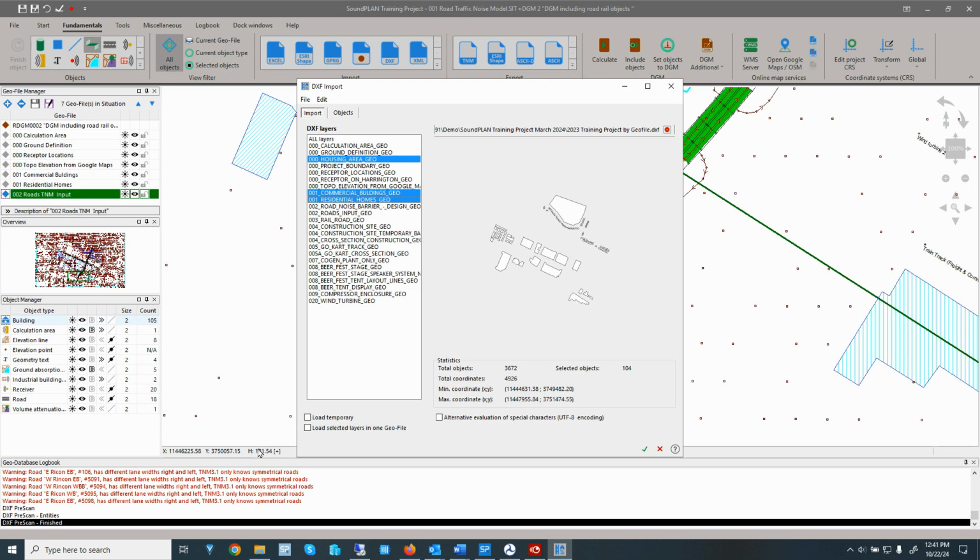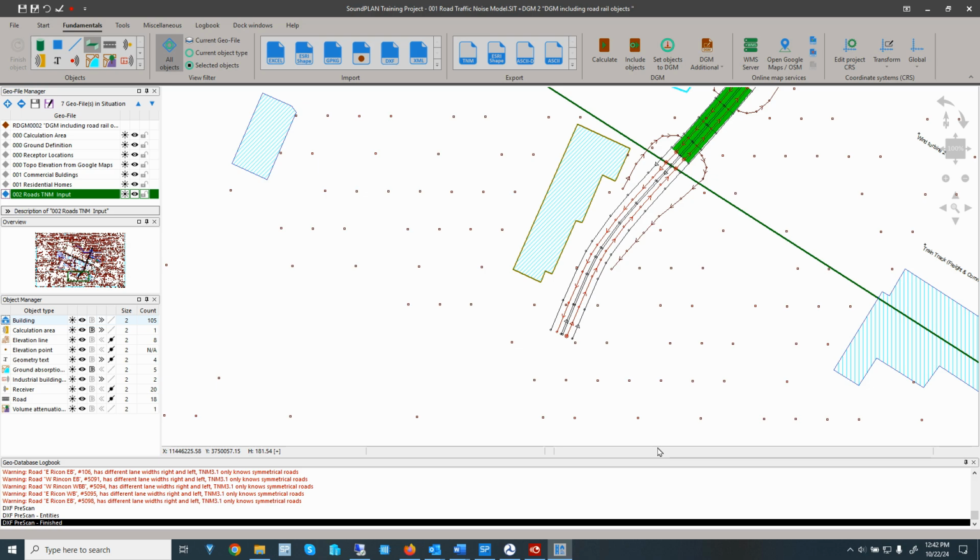And if I decide to load and import that, then it would import the highlighted layers in one go. Same thing if I would, for example, select the roads and the railroads, so it would allow it to import both of these layers at the same time. So that's a major change or improvement here on the DXF front.